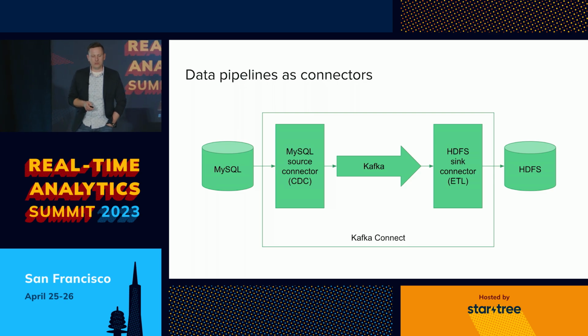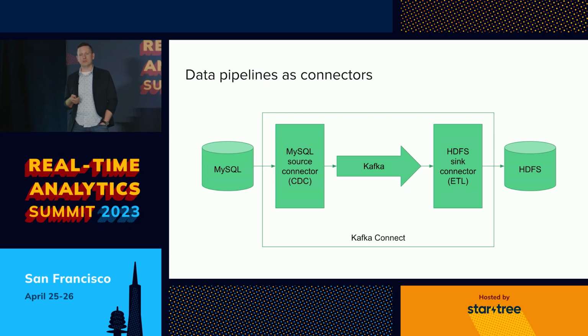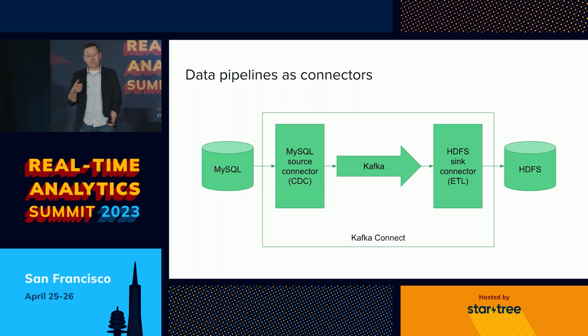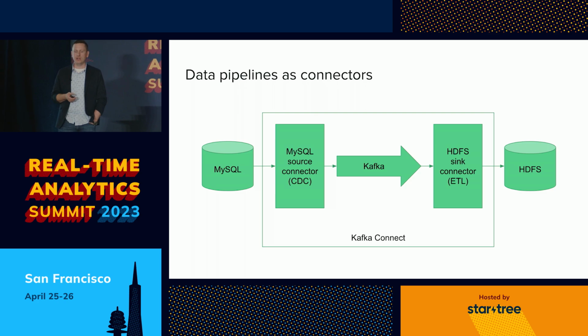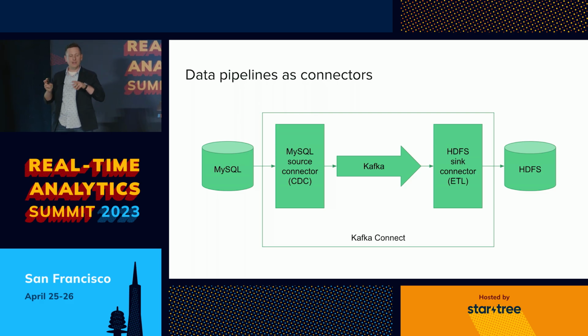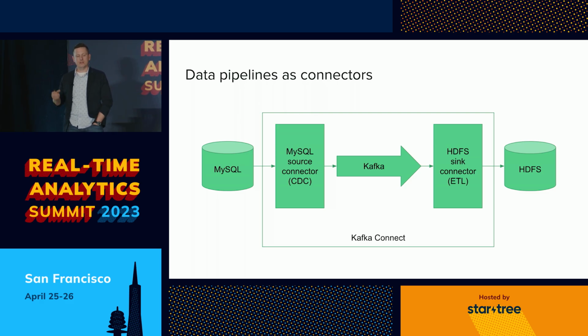So one way to tackle data pipelines is to use Kafka Connect. This is a sub-project of the Apache Kafka project. Kafka Connect approaches data pipelines as connectors, so when you talk about data pipelines, you tend to encounter connectors a lot. And Kafka Connect, being part of Kafka, leans heavily on Kafka. So you can have a connector that pulls data from MySQL and pumps it into Kafka. That's a source connector. And you can also have sink connectors that do ETL-like things, which might consume from Kafka and dump into HDFS and that sort of thing. So using Kafka Connect, you can build pipelines that move data around leveraging Kafka.